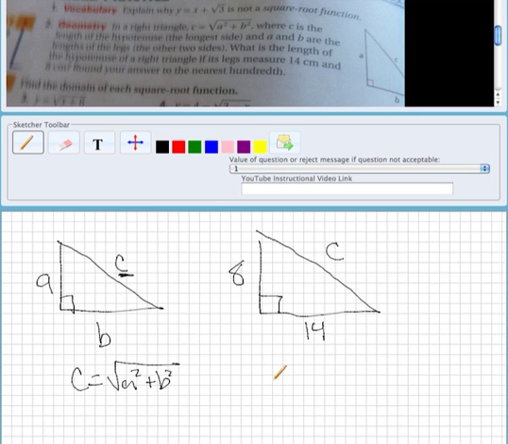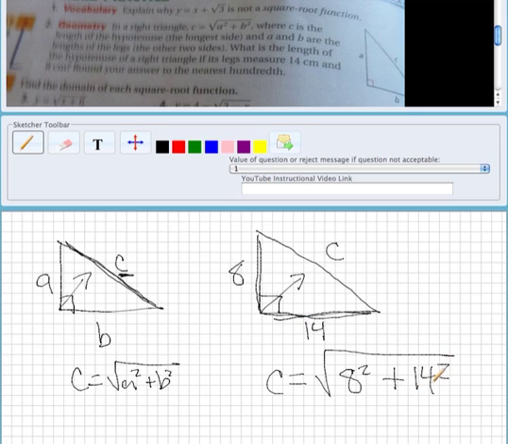So we're trying to find the length of the hypotenuse, which is the longest side, or the one opposite the right angle. So it would be this right here. So we're going to say the longest side, C, is going to be equal to the square root of the length of the leg, which is 8 squared, plus the length of the other leg squared, which is 14 squared. So then what we get is